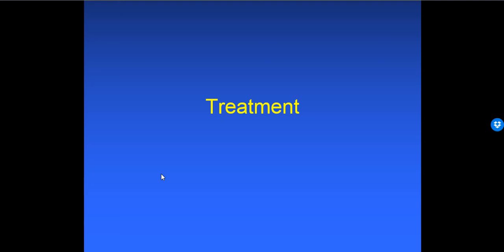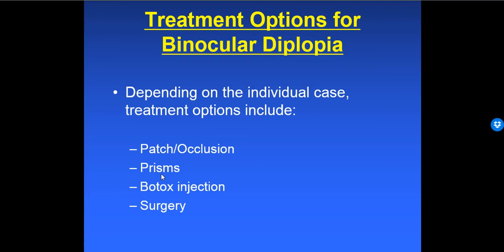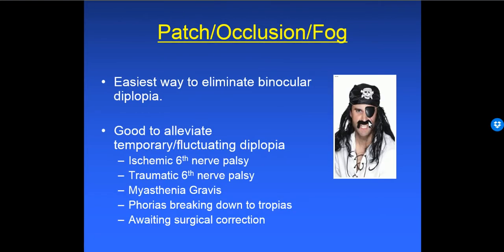And now we're just going to give a quick overview of treatment options. So the first one obviously is to patch an eye. If someone's having double vision, if you just occlude one eye, you're going to break their double vision and they'll be fine. And for a lot of people, this is a great solution, particularly in